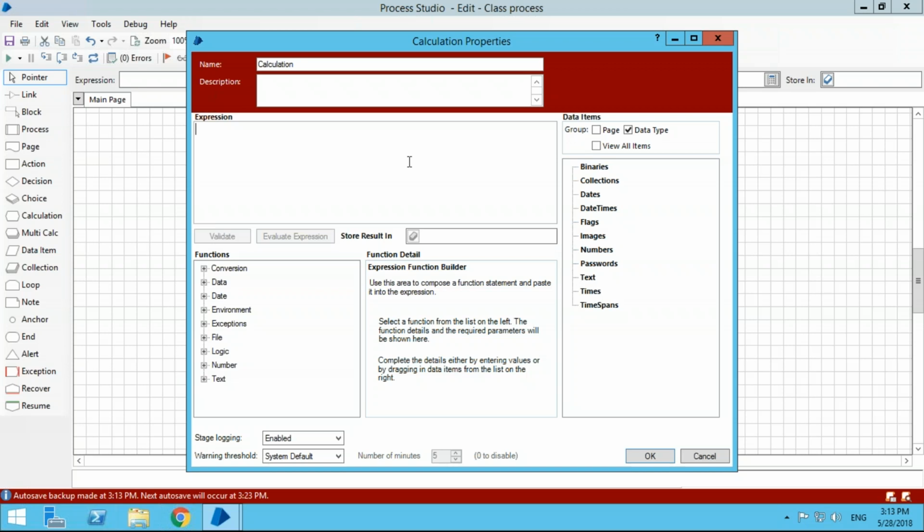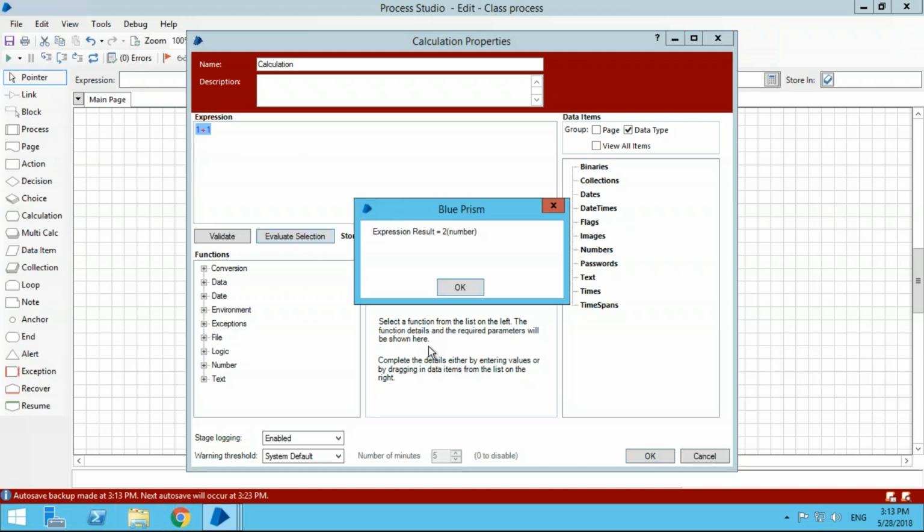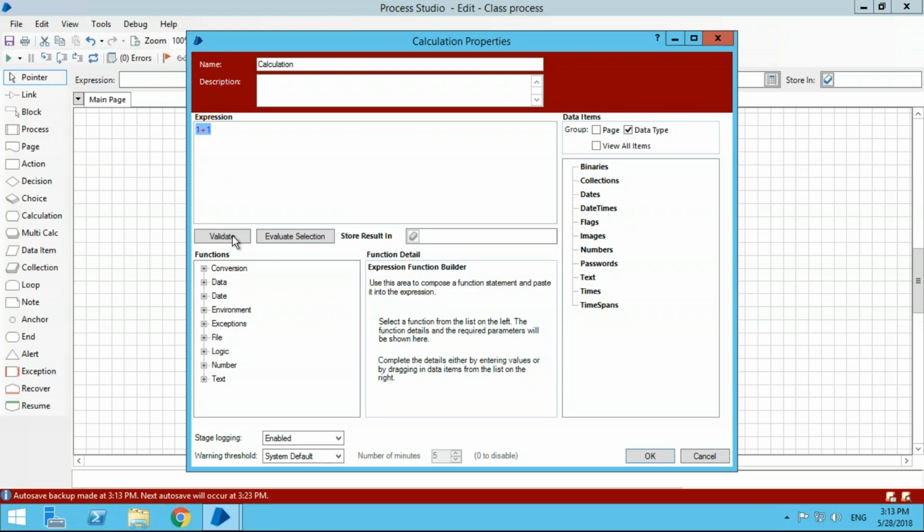They both use expressions, but for different purposes and different uses in the flow. So let's put that expression that we had earlier, 1 plus 1. So this is a calculation. Now, if I was to evaluate that, it'll tell me it's 2.